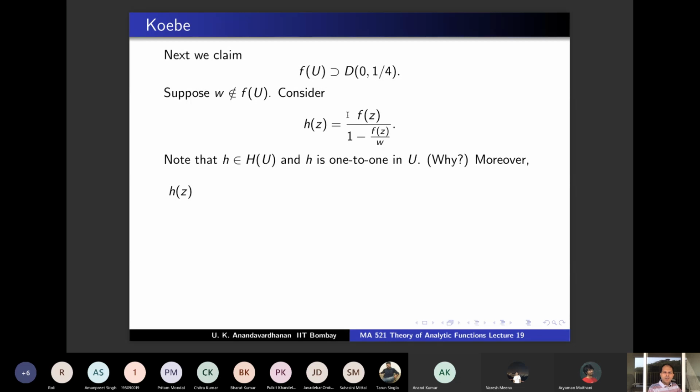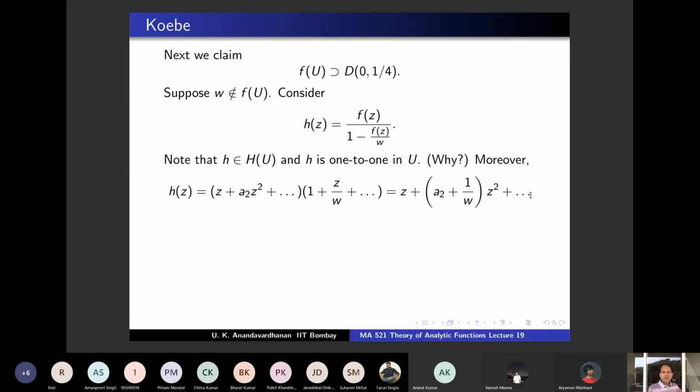Moreover, now let us see the power series of H of Z. How do you get the power series of H of Z? You have the power series of F of Z, which is Z plus A2 Z square plus etc. And 1 by 1 minus F of Z by W, you expand. So that will be 1 plus F of Z by W plus something. And you are interested only in the first coefficient. So this is Z plus A2 Z square plus etc. And the next is 1 plus F of Z by W, in which you have put F of Z. So this will be the first part, and the rest I am not bothered about. So this is the power series expansion for H, and when you write this it is Z plus something Z